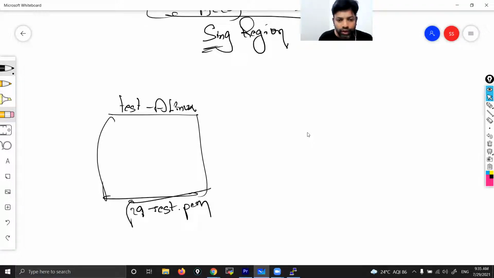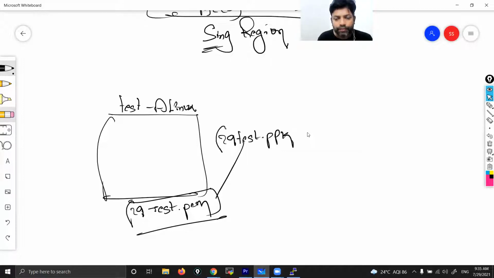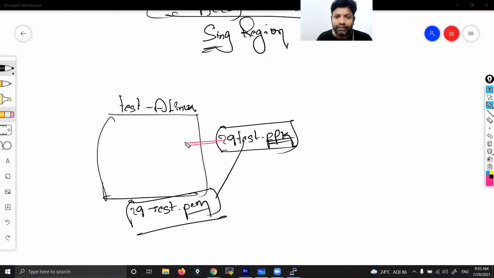This is what we downloaded, that key pair. This key pair we already converted to PPK, so now that name is 29 test.ppk. The PEM file we converted to PPK. So by using this PPK, we accessed this Linux instance successfully.